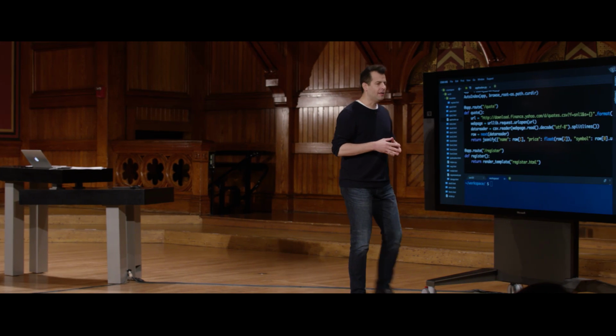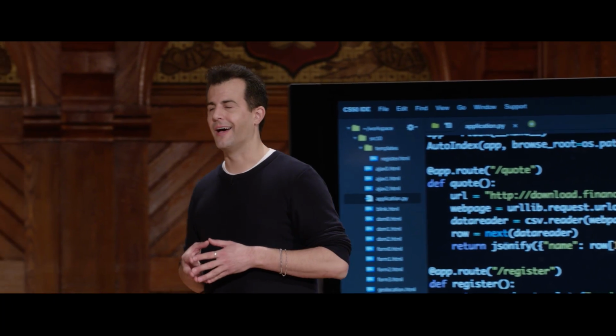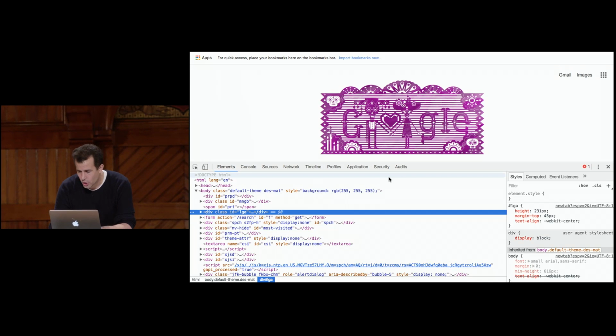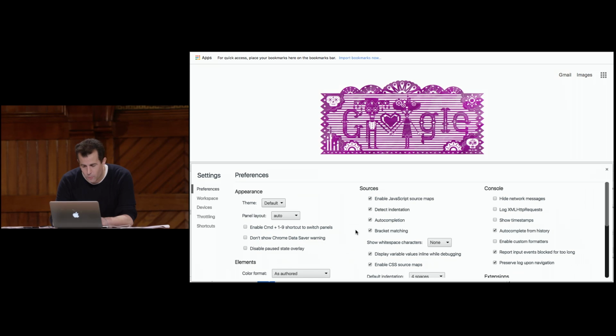But it's not sufficient to just get rid of the server altogether and only do client-side. In fact, you still have to worry about adversaries. You still have to worry about bugs in your own code. And indeed, if I, for instance, pull up a browser window, go to Inspect, and go to Settings over here, notice that one of the very first settings in this screen,